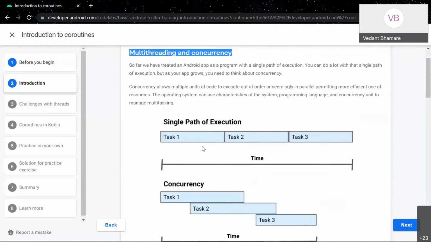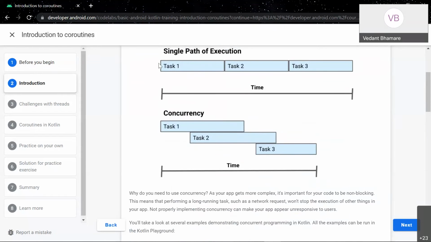So what is concurrency? Consider that right now you were executing all of your code one by one, in a line. And then there is a concept of concurrency where you can execute the same code, but on different threads. So this is executed, and at the same time this can also be executed, and at the same time this can also be executed. There is some time difference because there might be the need of some other resources for this task or that task. So basically the time is reduced by using concurrency, as you can visually see here.